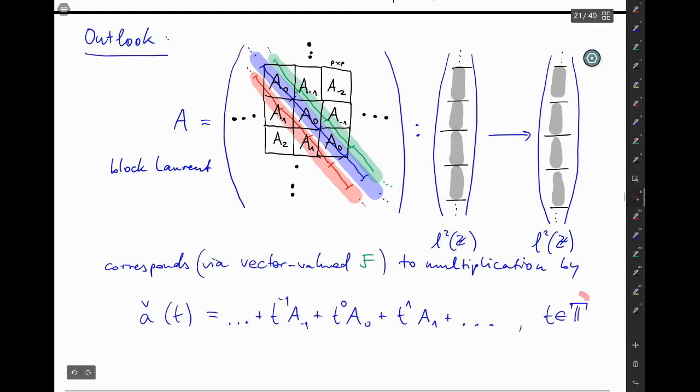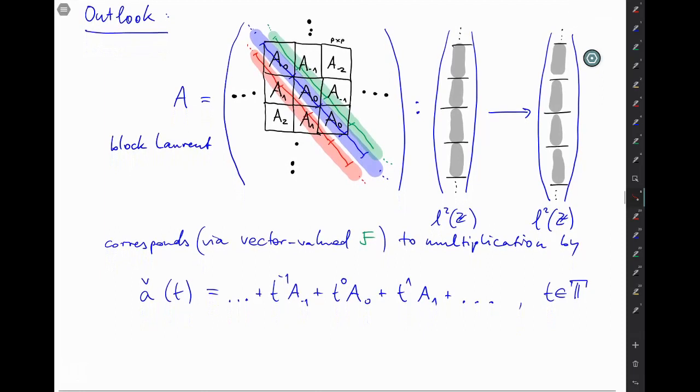You have t running through the unit circle, and then the block entry on the main diagonal, which is now capital A0, is multiplied by t to the power 0, and capital A1 multiplied by t to the power 1, and so on. Now that is obviously a matrix valued function,